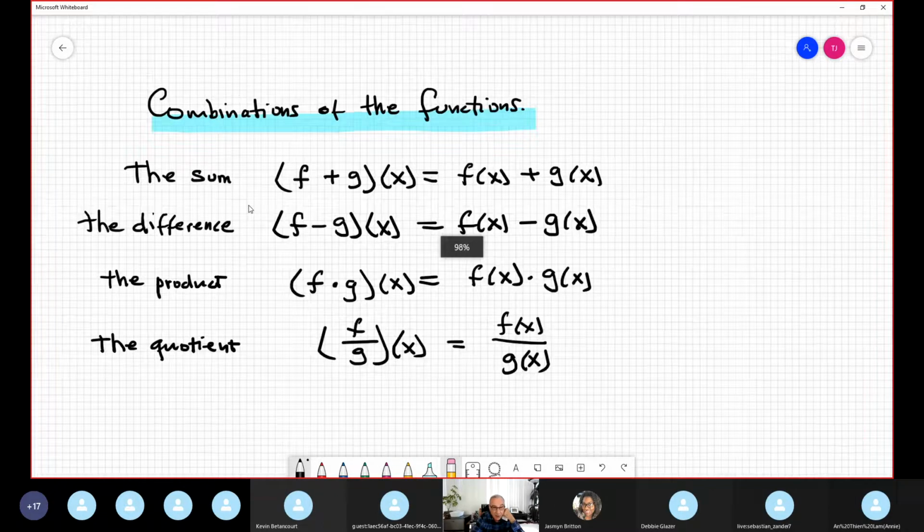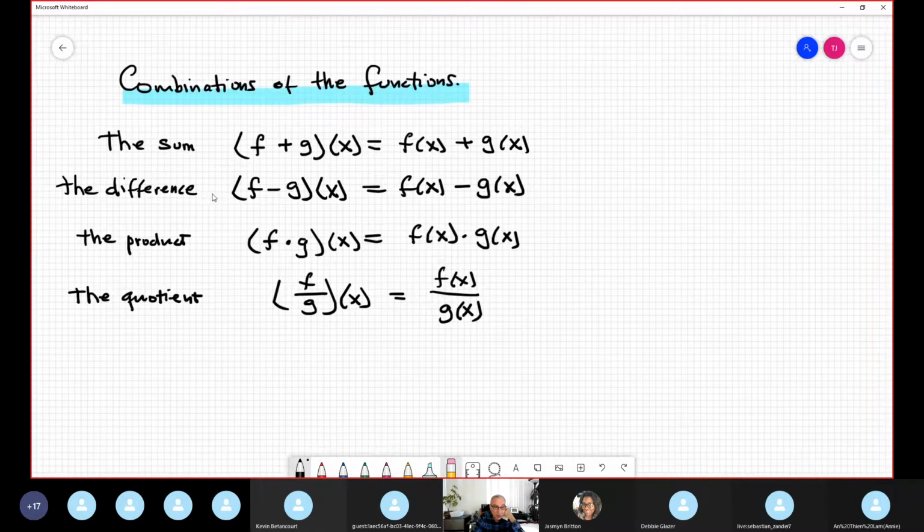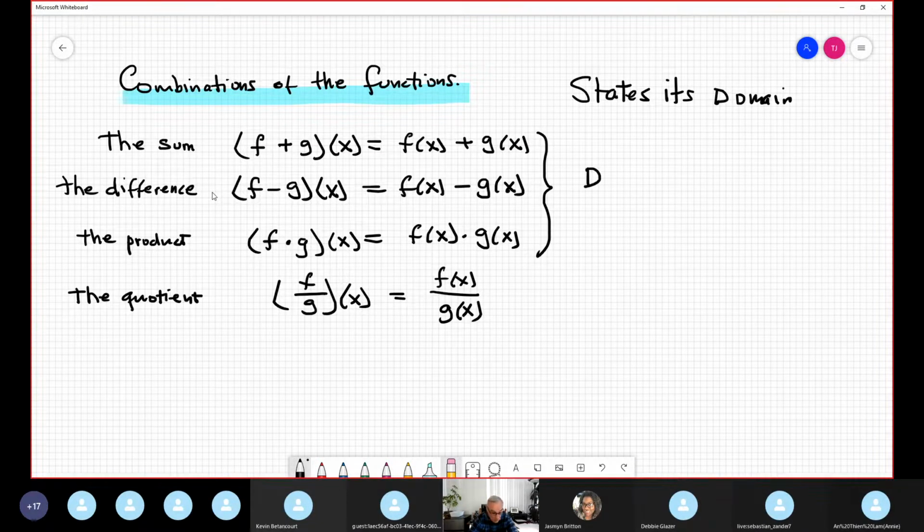So what is the most complicated part, in my opinion? Okay, the problem says we find the combination of two functions. However, the super important thing to state is the domain. Because we studied how you find the domain when you have the equation of only one function. However, how do you find it when you have two functions? Well, it's easy. This is the domain of f